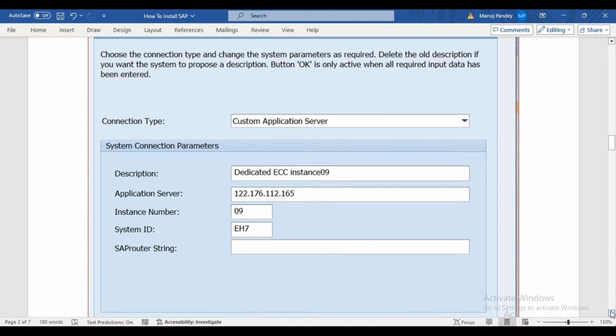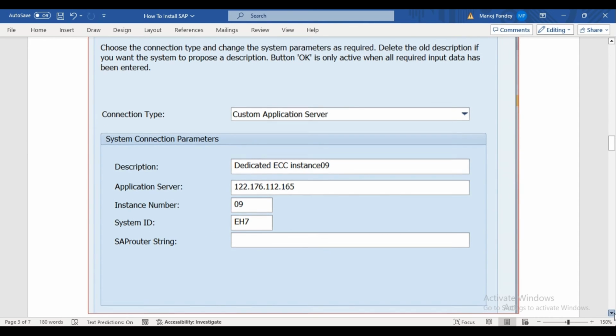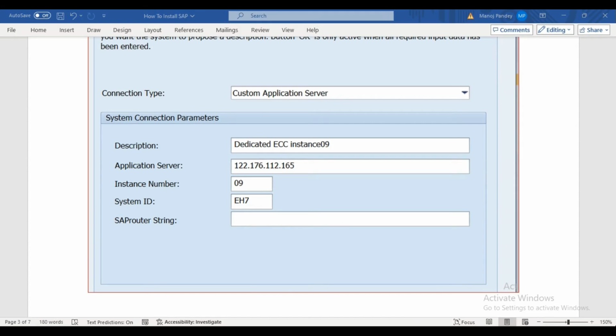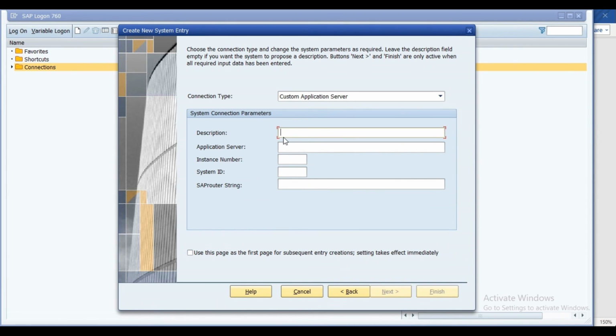Your server provider will provide the credentials like that: description, application server, instance number, system ID, right? So you need to give the same details here, whatever your server provider has provided, you need to add those same credentials here.